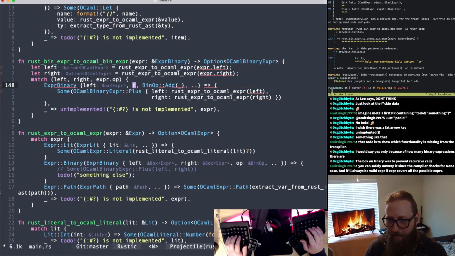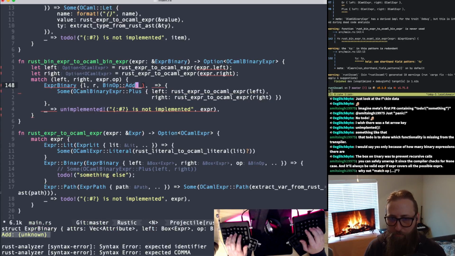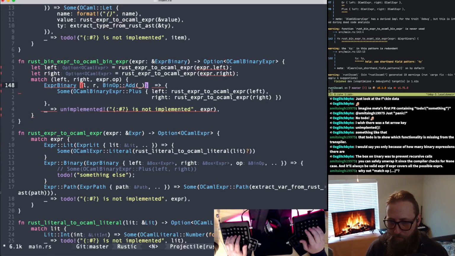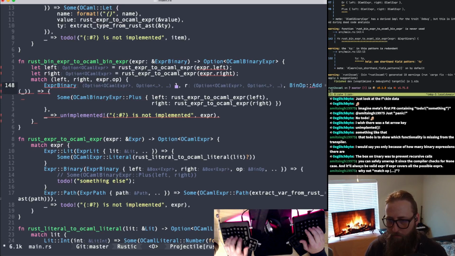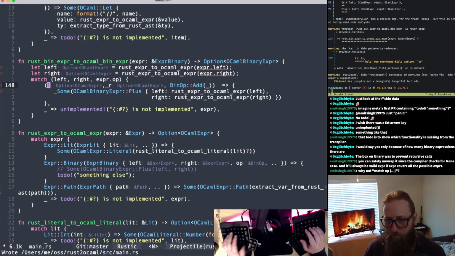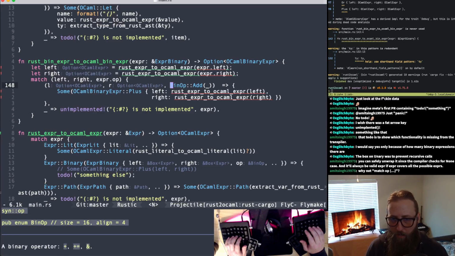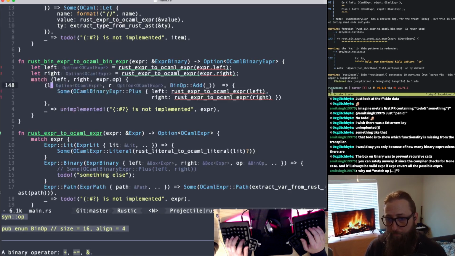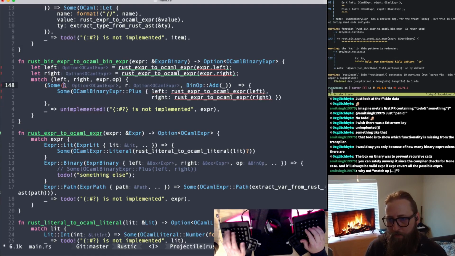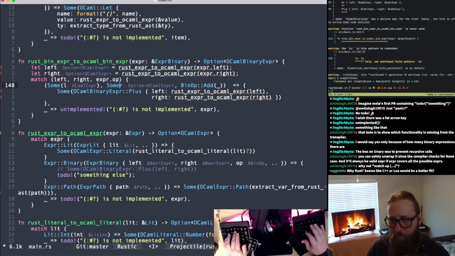I would probably just go with R and L at this point because this is going to get all over the place. I don't mind single variable names here, but of course it's really just up to how people like it. And of course, we have to change this to a tuple match. Okay, so now we have L, R and BinOp Add. We don't actually care what the value is. Why not match op? Because I actually want to match on, oh, right. For this reason right here. Because if there's not a Some L and a Some R, then